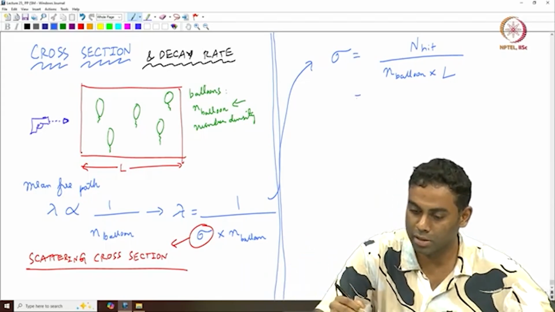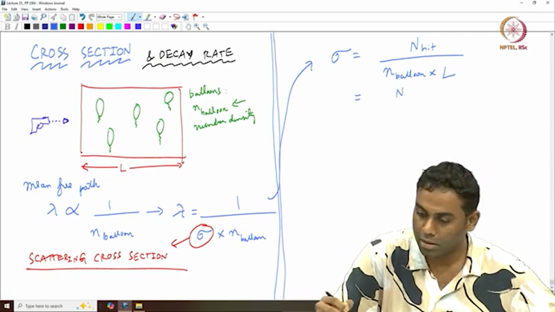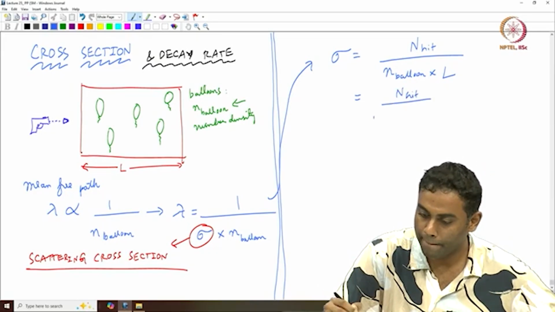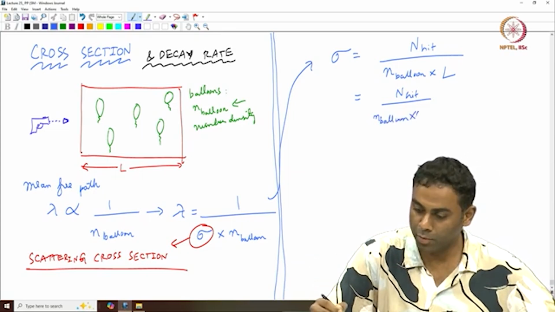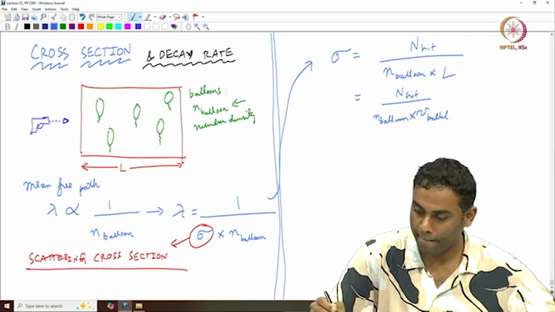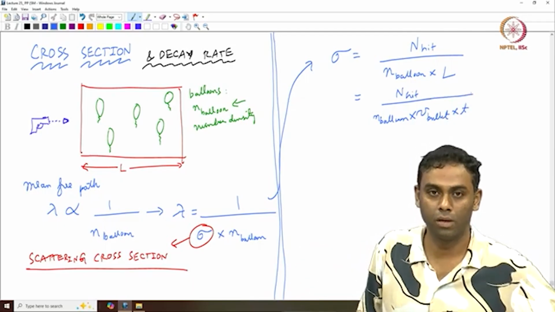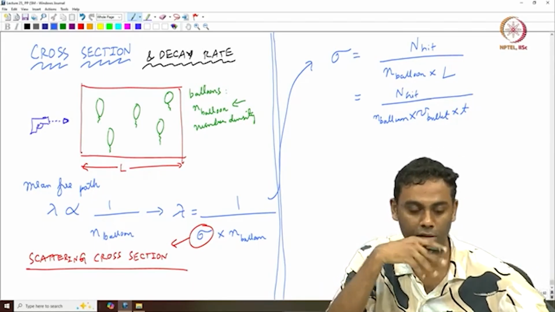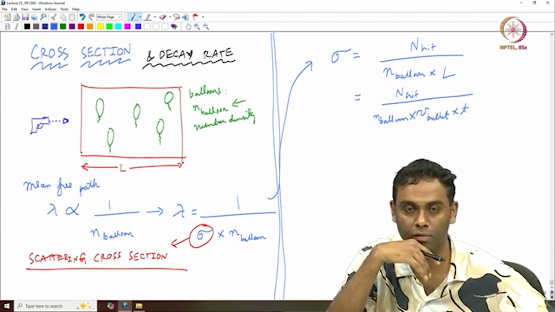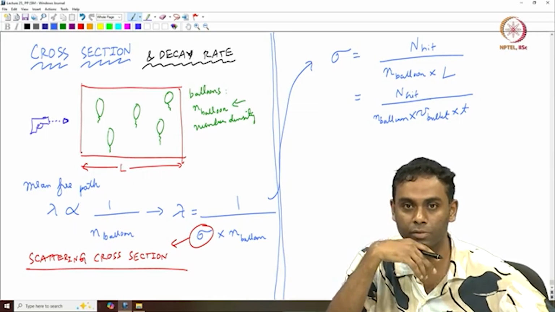Suppose it's some very, very long box and I don't know the length, but if I knew the speed of the bullet and the time it took, if I actually have a clock to measure how long it took for the bullet to enter and exit, between entry and exit, that also tells me how to measure the cross section,